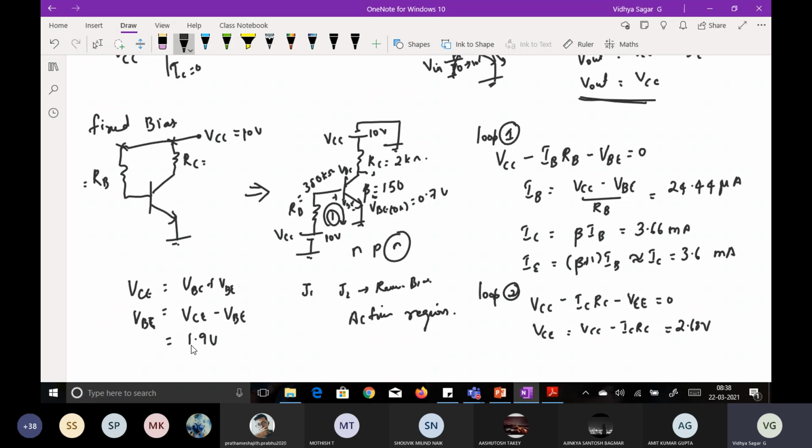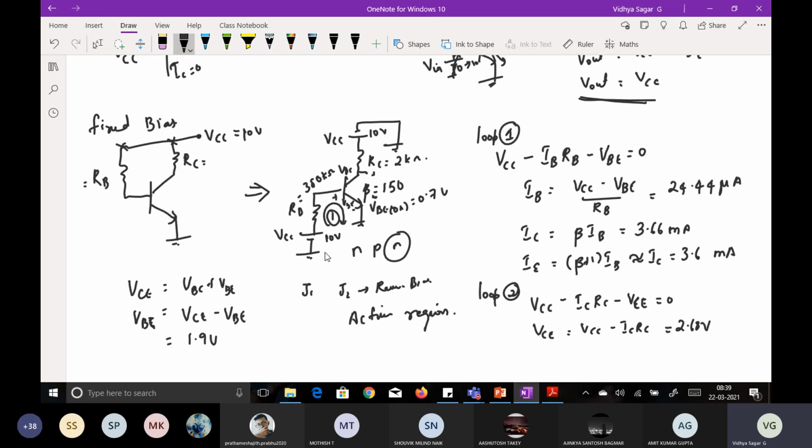Fine. If you are getting a negative value, let us say that VBC is negative. In that case, what happens for your NPN transistor? What is the potential applied to junction J2? It is a negative value. So N is applied with a negative. So it means that it is acting in saturation region. Junction J1 and J2 are operating in forward bias. Is that clear? So that is how you find in which region your transistor is operating. In cutoff region, don't think of it. Why? Because if VB is not 0.7, it is cutoff.